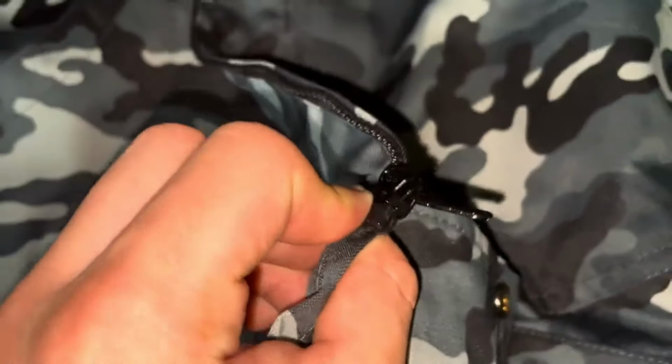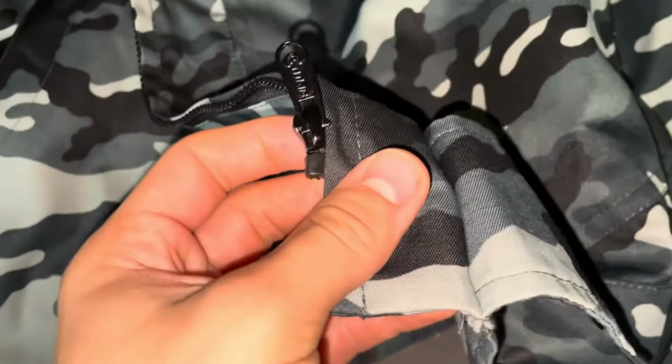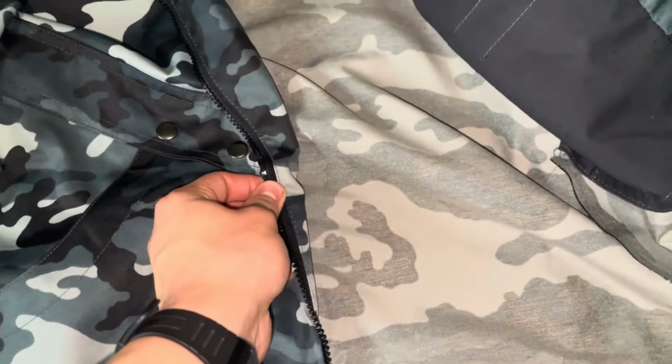Very nice metal zipper. And there you go. It has a size 50, 55S, and a B on the bottom in English characters. But that's a Splav zipper there. Extremely smooth zipper. Very nice. This is steel, it feels like, or this, I mean, this might be plastic, but the zipper pull is definitely